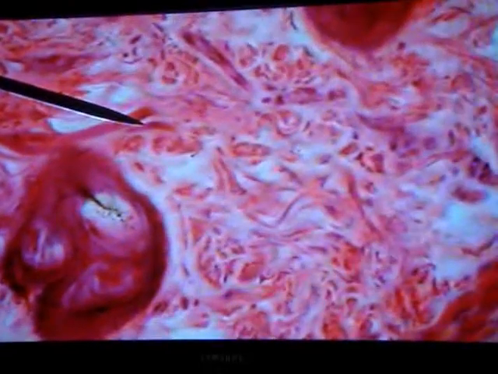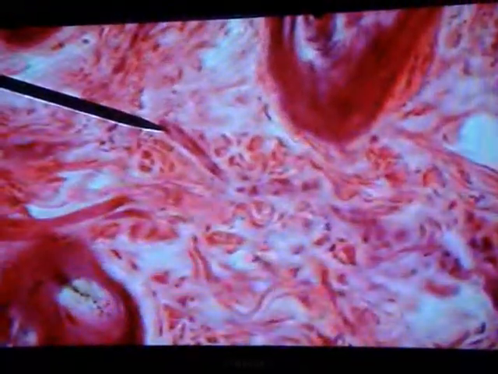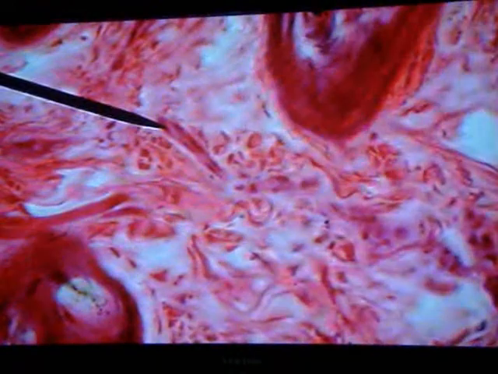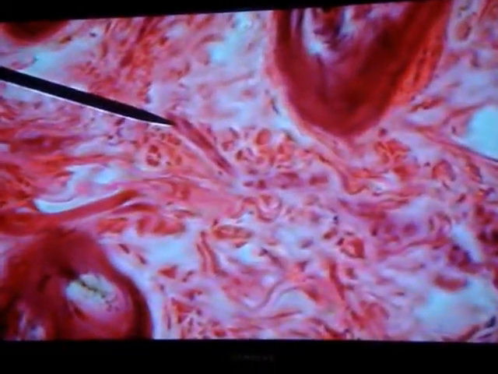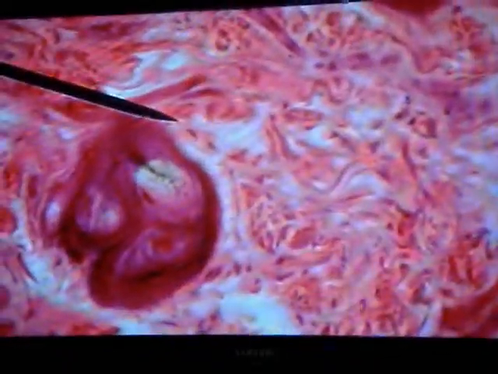Here you can see that's the nucleus. Again here you can see a group of muscle fibers. Look at the nucleus, the spindle shaped, oval nucleus, the spindle shaped fiber of the smooth muscle. So this is the erector pili muscle. And these are all the structures which are seen in the dermis. Again, the cross section of the hair follicles.